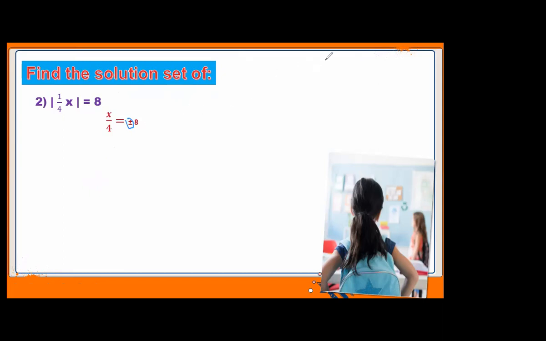That's it. Now here in this question, this 4 is dividing over here. So first we have to remove this 4 from the left hand side. Is it so simple to remove the 4 from this side? Here you can see that the plus minus sign is there. That means this x over 4 is equal to that.